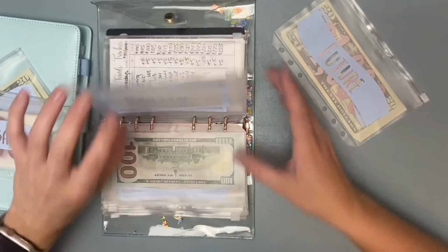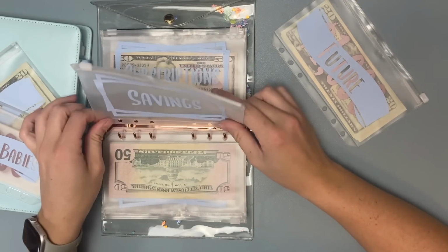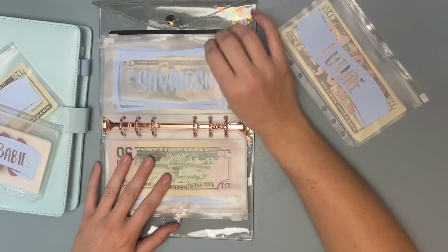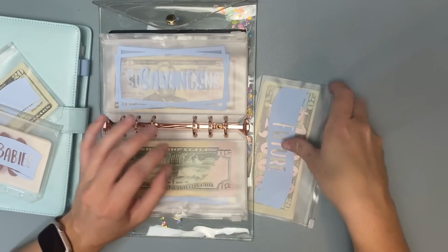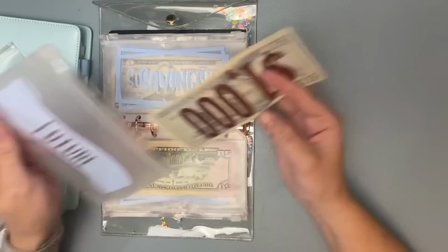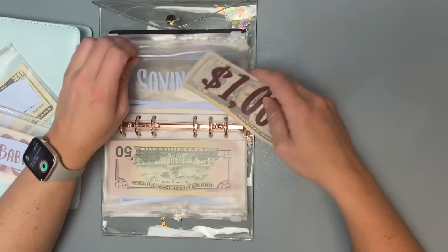That tracker, but this is what happens when you use some of your own envelopes for product folder photos. But savings is now the new future, so I am saving for my future, so I just figured I'd call it savings. I know I keep renaming this category, I'm sorry, but what I am going to do here though